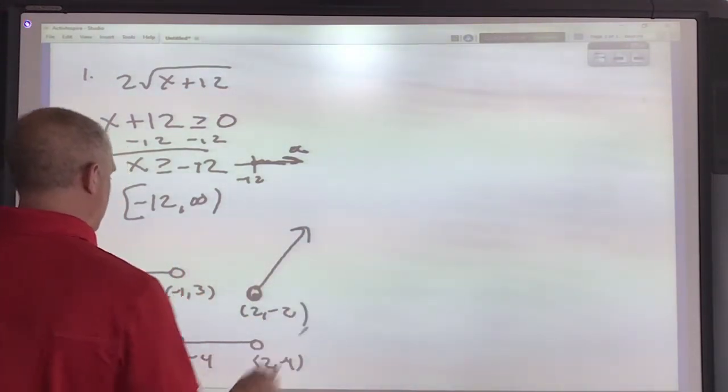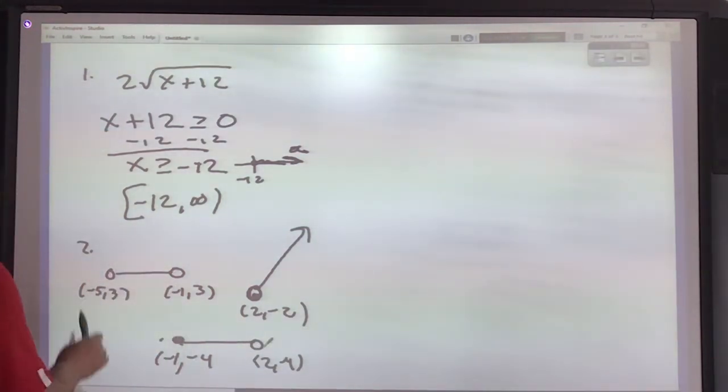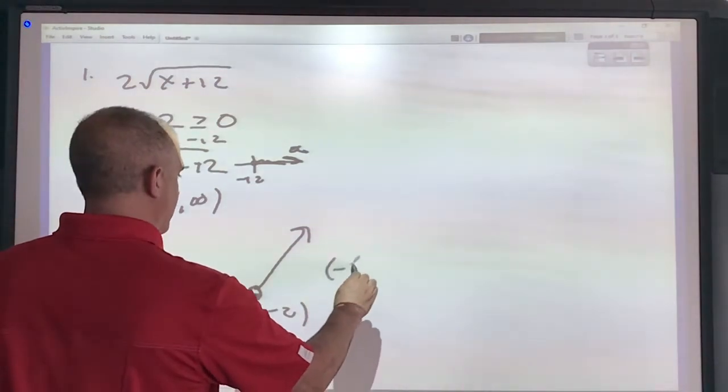Now, from a domain standpoint, the graph continuously goes, so the smallest x value would be